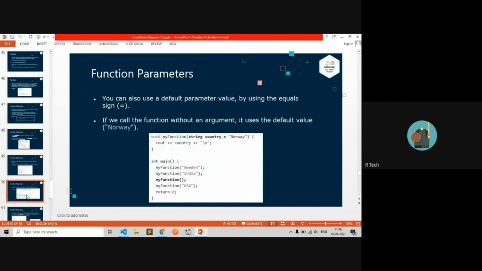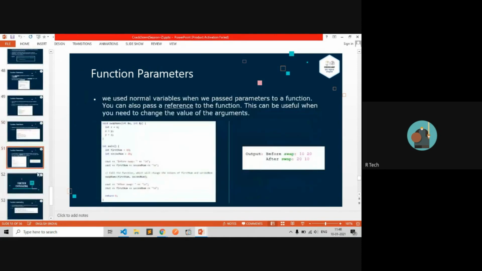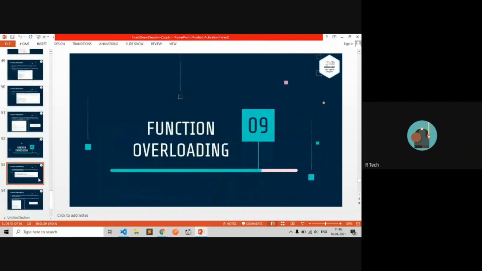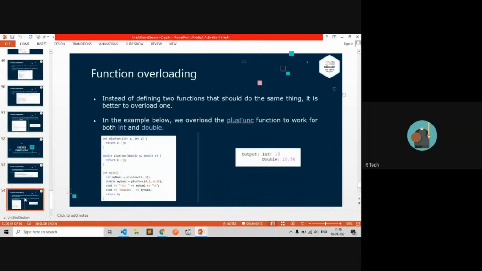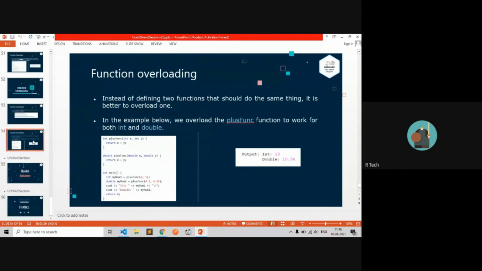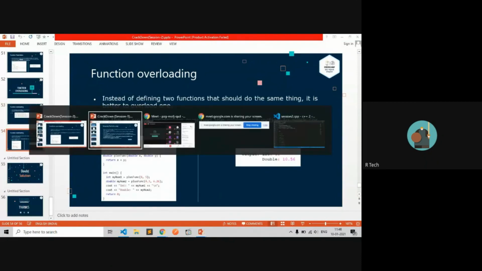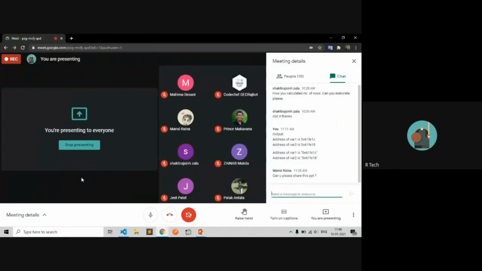After that, what is function overloading? Defining two functions with separate operations, and you pass arguments as you want. So this is the whole session of what we have done.